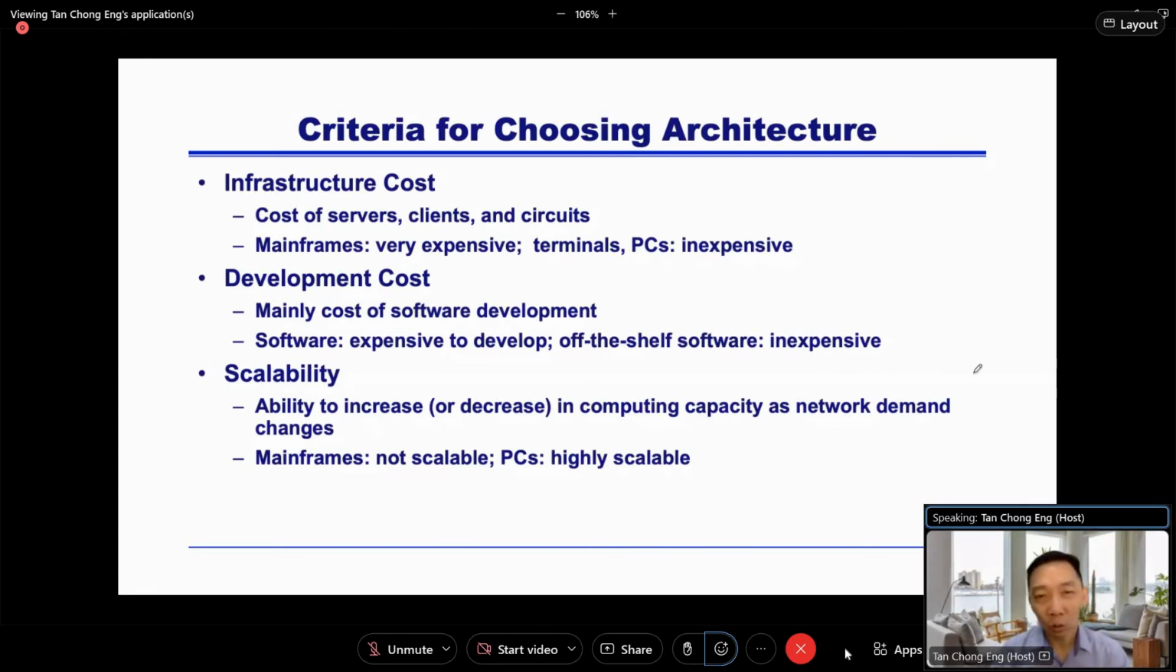And then the second thing that you have to consider is the deployment cost. How much does it cost for you to deploy the software and so on. And then another one is scalability. Now you want to start small, then later can you grow bigger? So how big can you grow? Those are the things that you really have to take into consideration when you're choosing an architecture